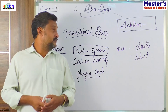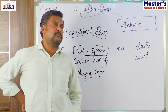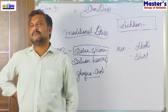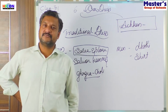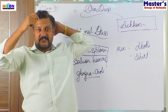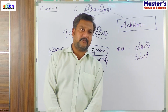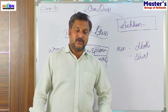At the same time, in the northeastern region, we have already seen it's very rainy and wet. So, most probably gumboots will be a part of their dress. Isn't it? Because they need to work in the farms, the hillsides, in plantations and all. So, they have to use some clothes. Or some long umbrella kind of a thing which they can fix on their head like a cap. It becomes a part of the traditional dress because such a big cap can definitely help them from being wet in the rain, right? So this part